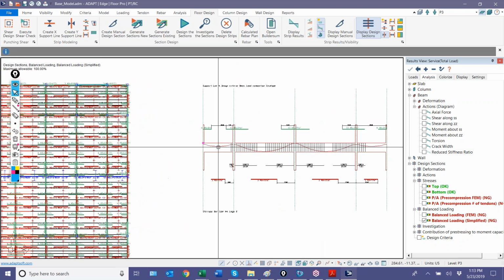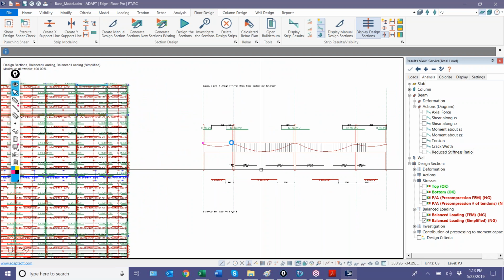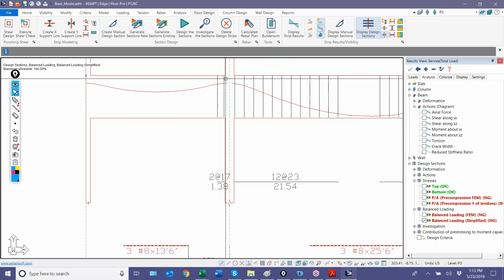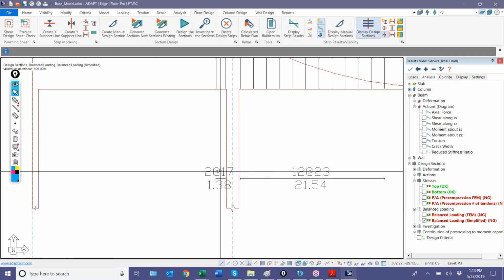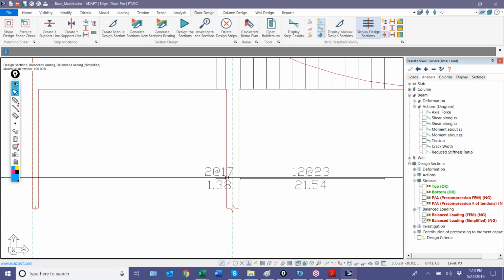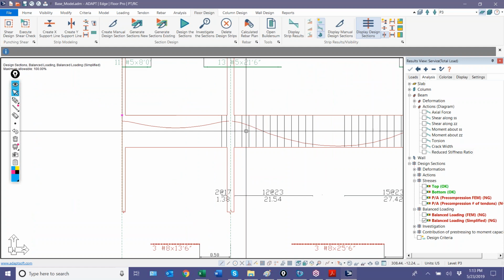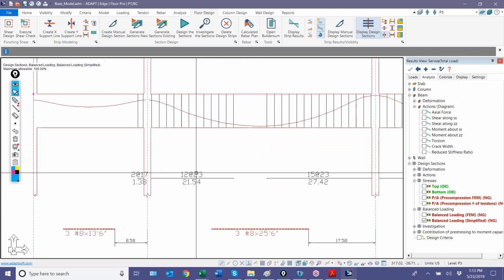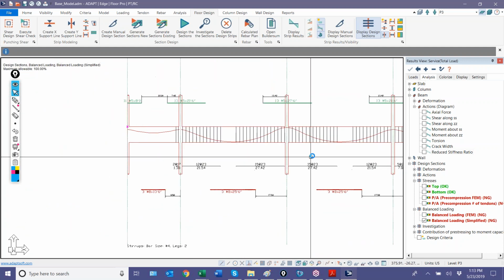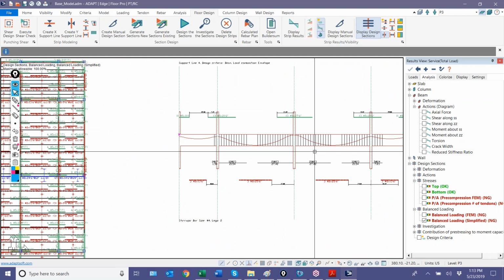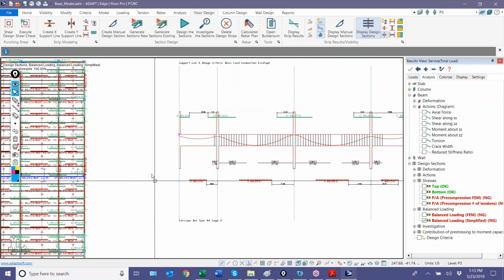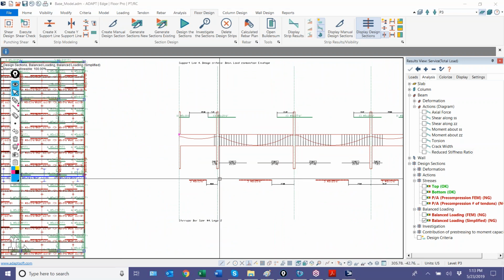So you could produce these elevations and then export them as CAD files. But this shows me shear reinforcement. We have 2 at 17, and it's extended from the face of this column 1.38 feet. There's 12 at 23, extended 21.54 feet from these anchors, which are usually the faces of the columns or walls. That's one way to generate shear reinforcement. Another way